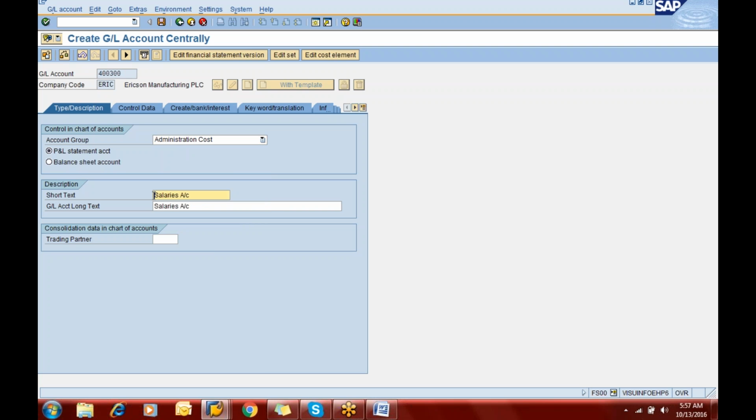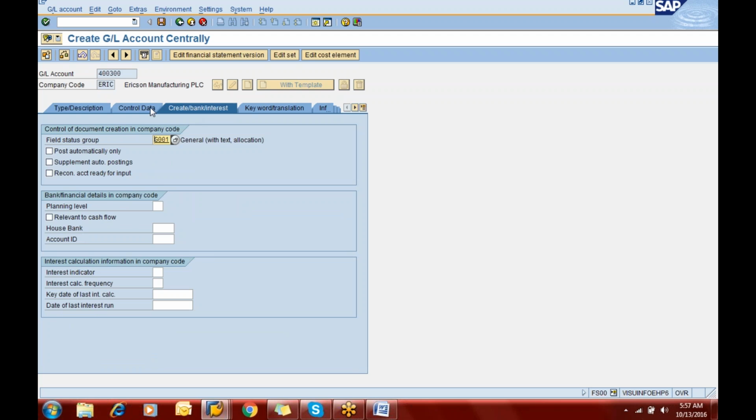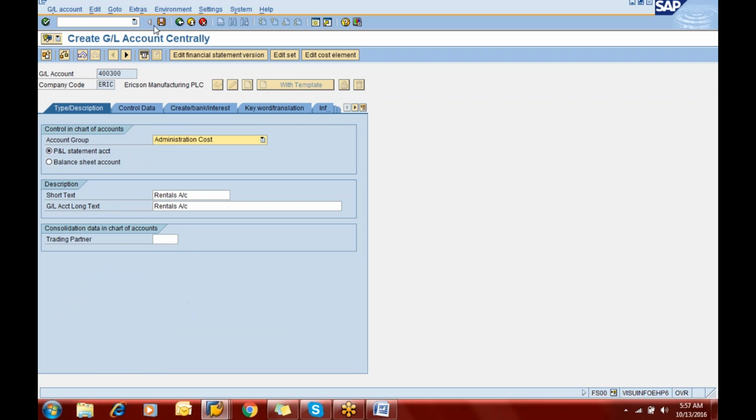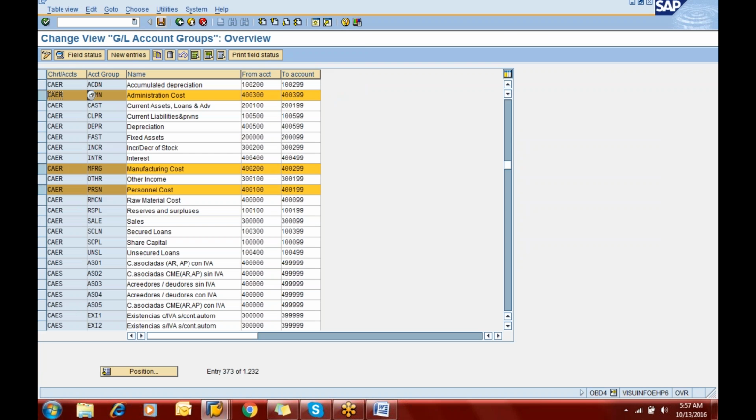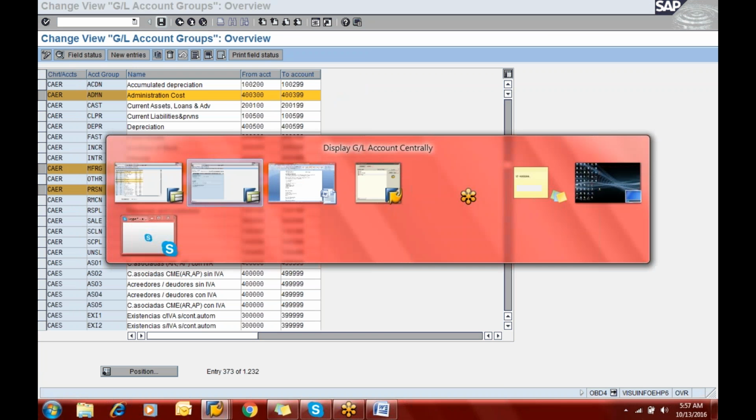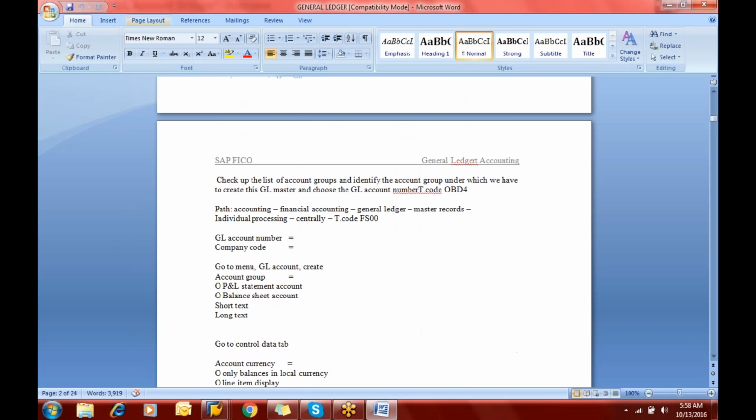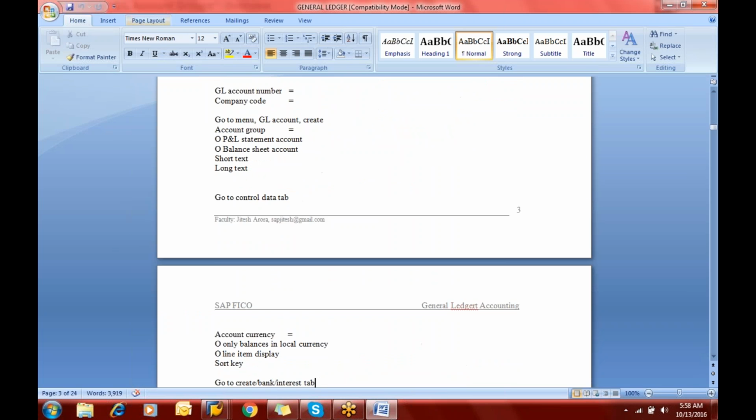Now again the name needs to be changed. So here in place of salaries you will have rentals. Then click on save option. So the rest information will remain same. We don't need to change it. Automatically it will be populated by system. Now just click on save option. So that is the difference between creating a new GL and creating with the template option. So post creation of these accounts, we can find out how many accounts we have